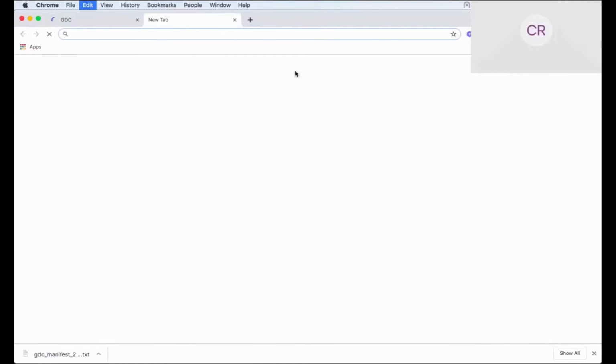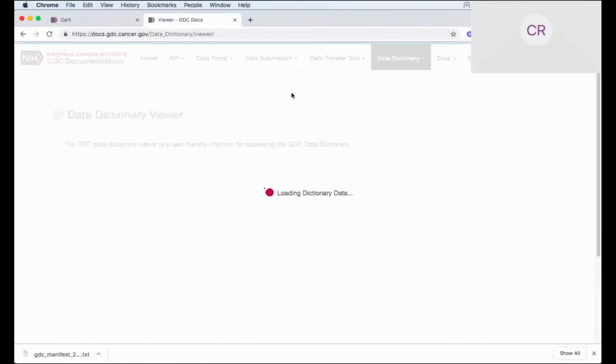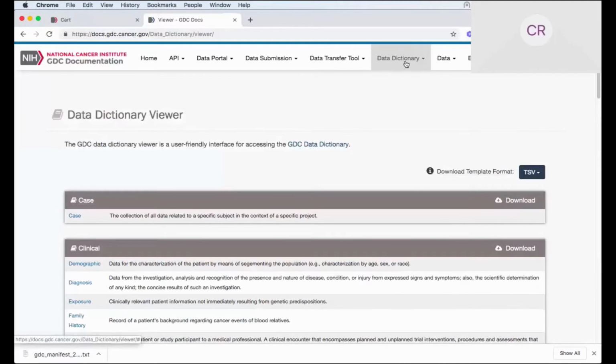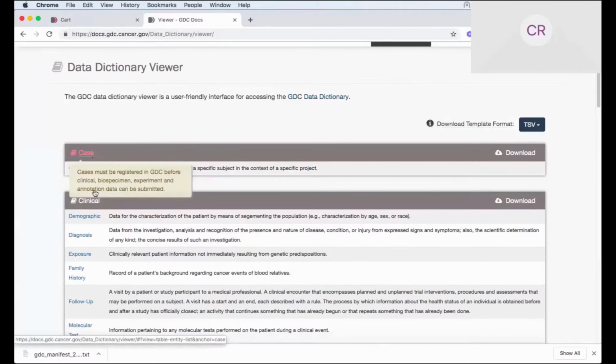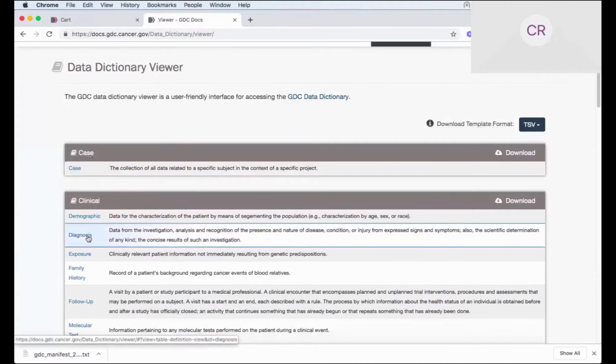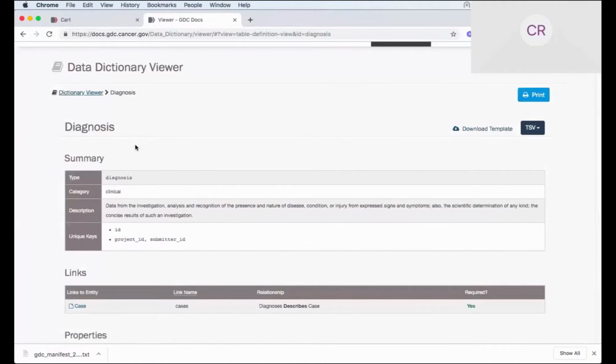All right, so this is our documentation site, and if it loads properly, great. This defines all the data that you would see in the data portal or the submission portal if you're a submitter. I'll just click on one of these. So we've got case, patient, clinical data. If I click on diagnosis, you'll see a summary of what that node looks like, data from an investigation,